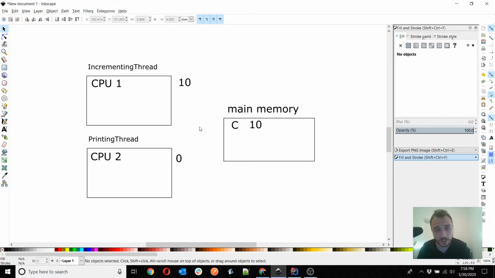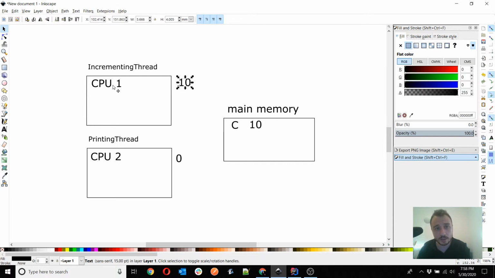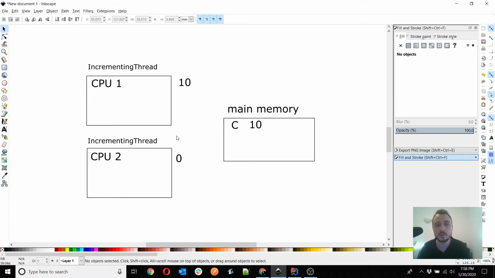If you use volatile, you just make sure that the changes are directly transferred to the main memory. But that doesn't mean that multiple CPUs, if they are mutating, in my case I took the simplest example where one of them is only accessing, but say that both of them are changing the same value.